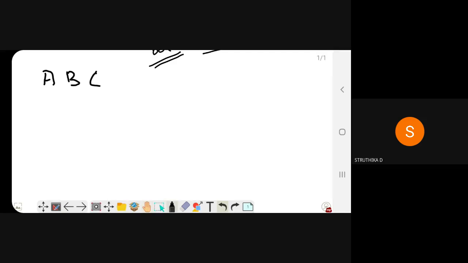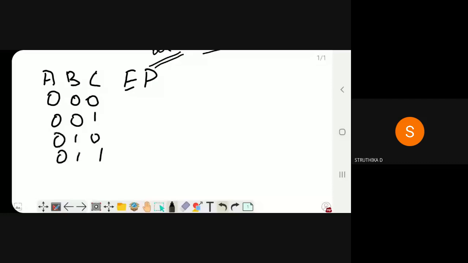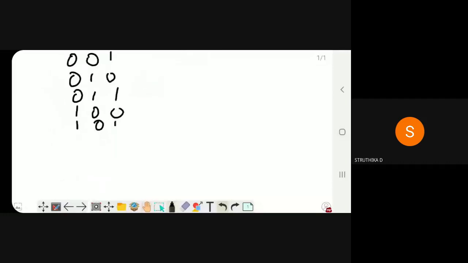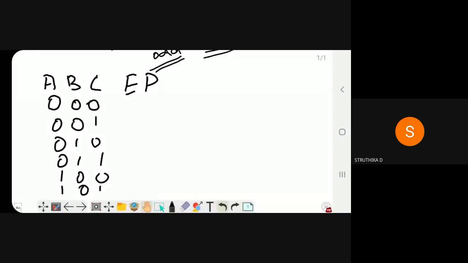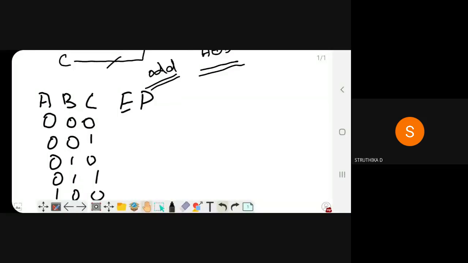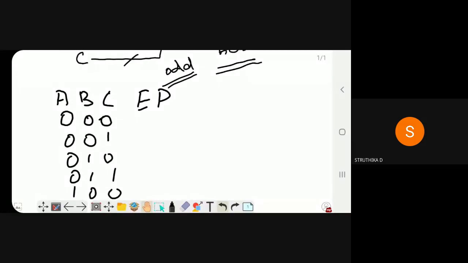So for example, if your communication medium is designed with even parity, the data is 000, 001, 010, 011, 100, 101, 110, 111. Now tell me whether the first data is in odd parity or even parity. Even, ma'am.